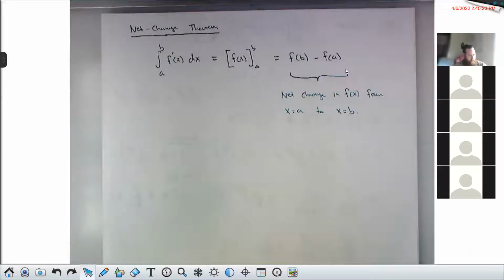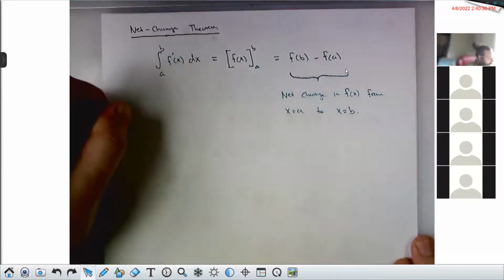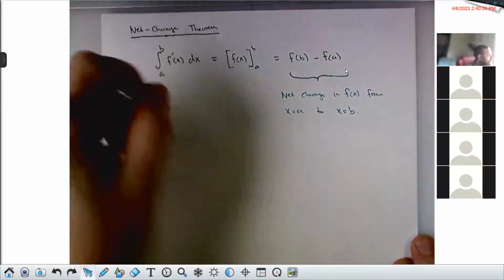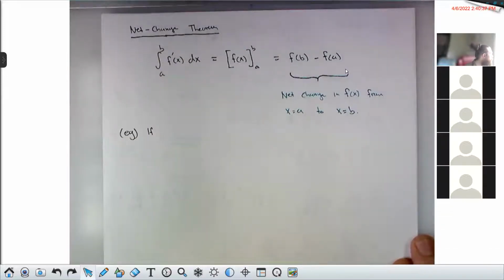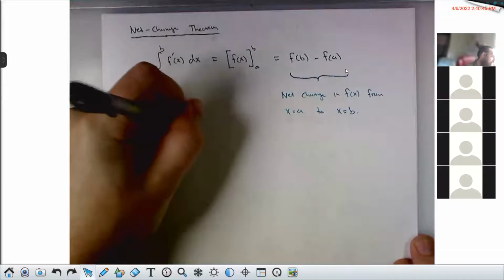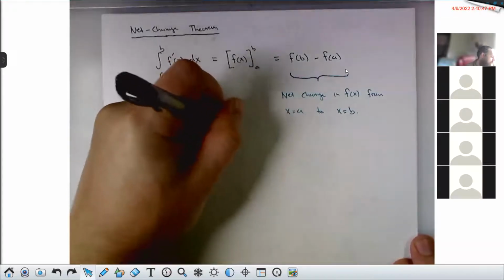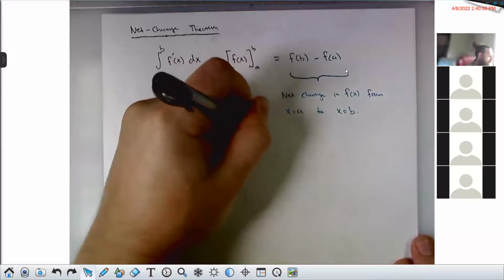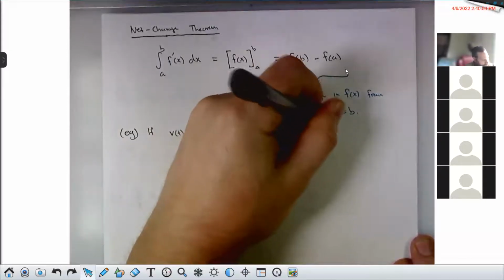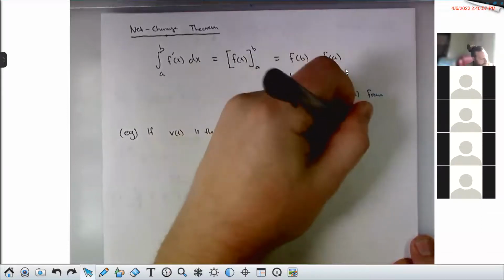I know it doesn't feel deep right now, but let me give you an example. Well, let's start with the physics one. If v of t is the velocity of an object at time t, then